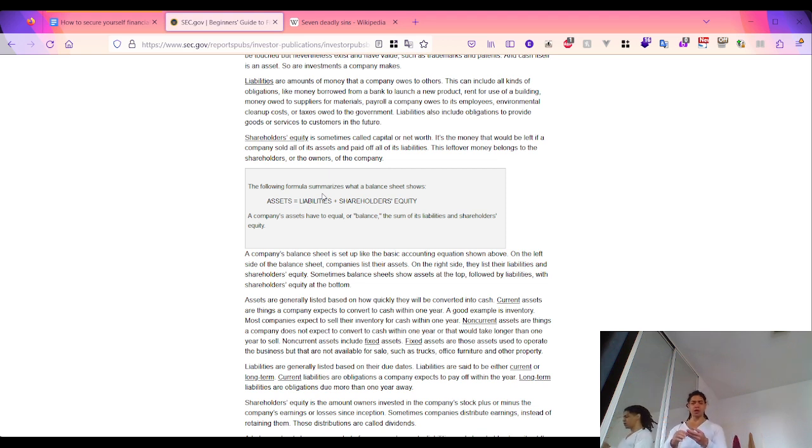So once I look at these most common operating assets, now the most common operating liabilities, such as accounts payable, money that you have to pay to suppliers or vendors, such as raw materials, office supplies, services, accrued expenses that a company incurs for goods and services that have been received but not yet paid for, such as wages and salaries, rent, taxes, utility bills,